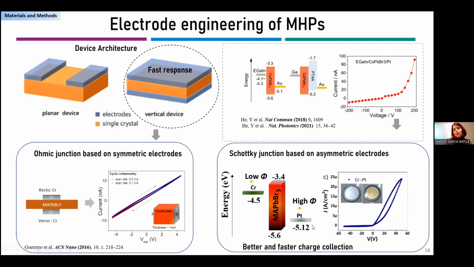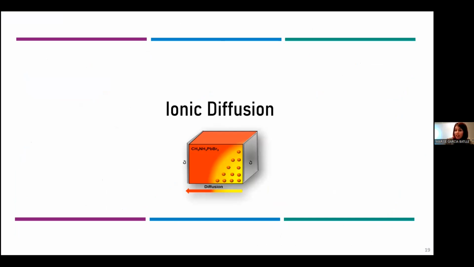Basically, we use platinum, which is a non-reactive electrode with the perovskite layers. So finally, we have our device: our single crystalline device, and our polycrystalline device, of methylammonium lead bromide and methylammonium lead iodide. So we were quite sure that now the main idea was to study